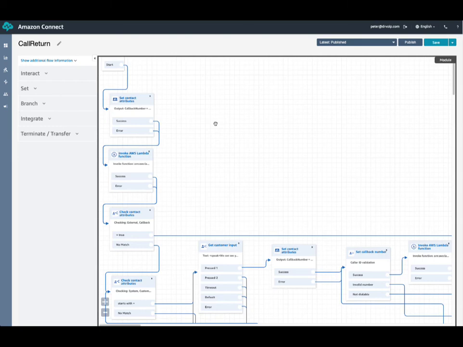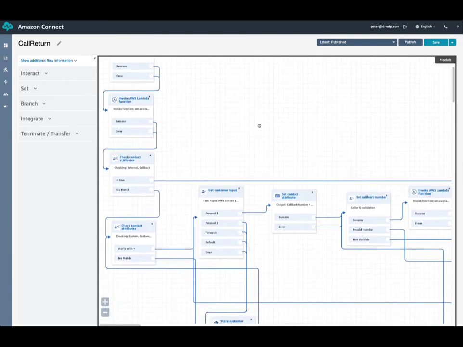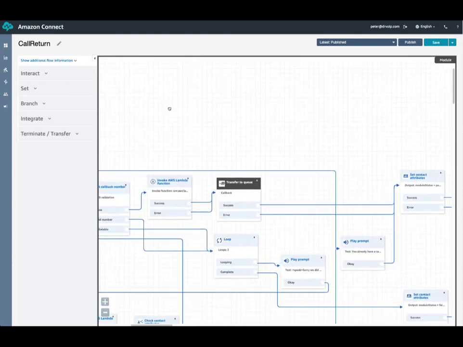If it has, we're going to tell them, hey, you already have a callback. No need to request it again. Be patient, we'll give you a call back. So if that's true, that's basically what this leg does. It just takes them off and says, hey, you already have a callback.